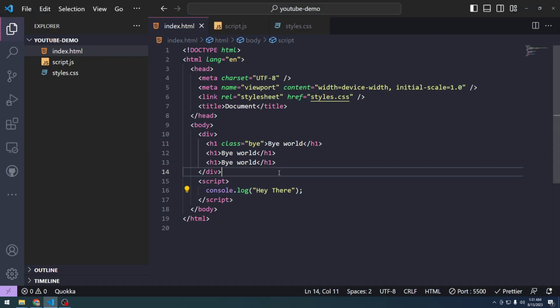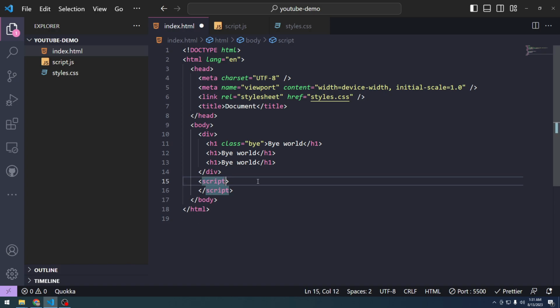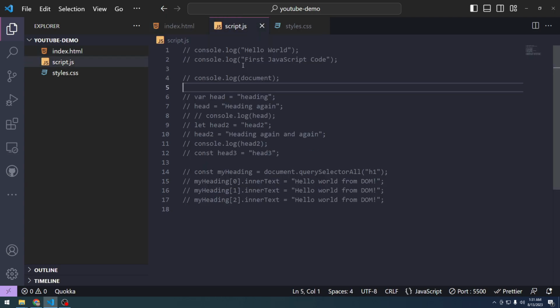So this is another way to write JavaScript, but it is not recommended for medium to large scale websites. Usually there will be another src to define the source, and then defining the path to where the JavaScript file is. In our case, it is in script.js right here,